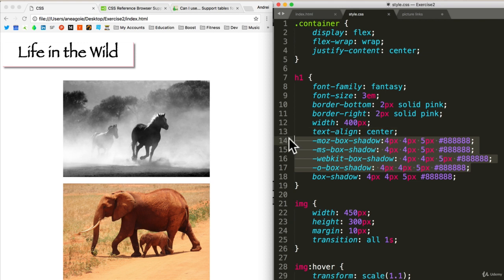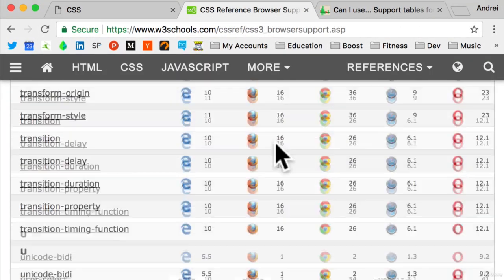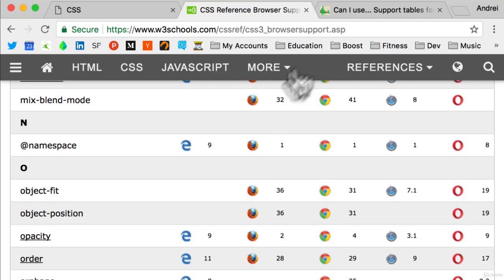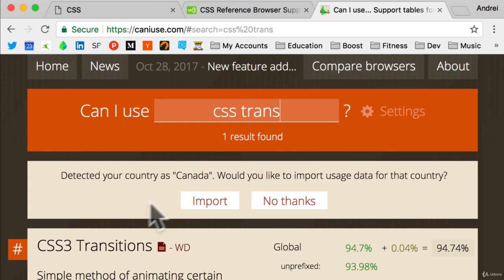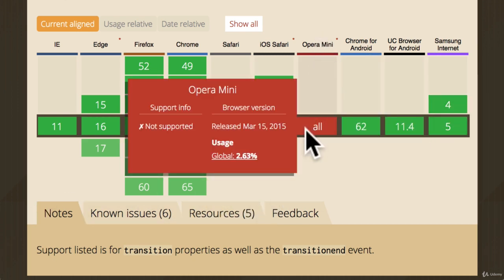But there is one great way of seeing if a certain property still needs browser prefixes, and that is using something like this reference, which I will leave for you so you can check it out. Another thing I wanted to show you is Can I Use? So caniuse.com is a great resource to see anything that you might want to try out. So if I type in here CSS transition, you'll see CSS3 transitions are supported in all these browsers, except we have one, Opera Mini,